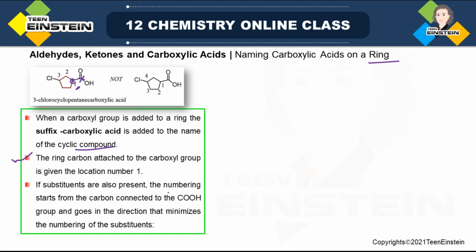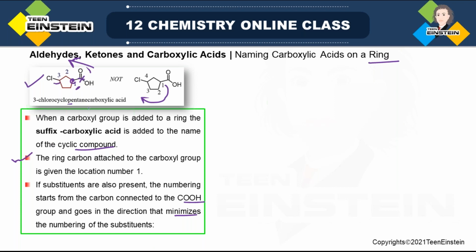If substituents are also present, the numbering starts from the carbon connected to the CO2H group and goes in the direction that minimizes the numbering of the substituent. So here the first structure is accepted, not the second one, because in the second one the direction goes from CO2H to Cl as 1, 2, 3, 4, and you get the position of Cl as 4. But if you move in the other possible direction, it gets the number 3. So you have to move in the direction where you get the minimum numbering for the substituent. That is why the first structure is accepted. Now look at the name,